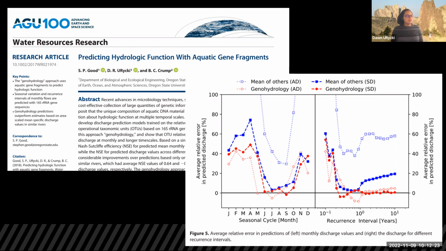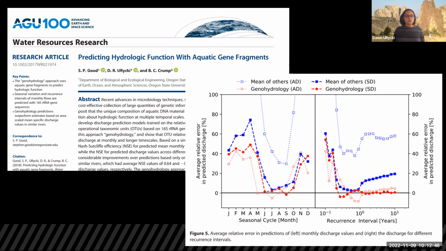So we launched into some really naive and rudimentary machine learning, using a published data set of microbial sequences from a set of 6 large Arctic rivers. We found that we could actually train machine learning algorithms on the summer sequence data to predict monthly discharge and return interval throughout the entire year for those 6 rivers.